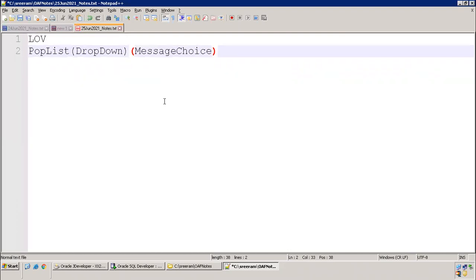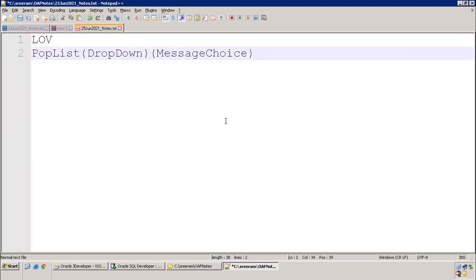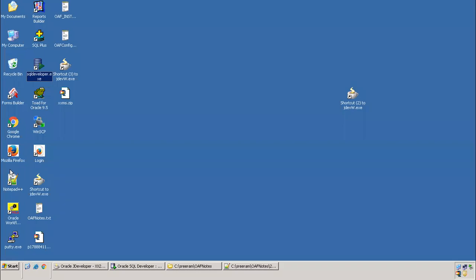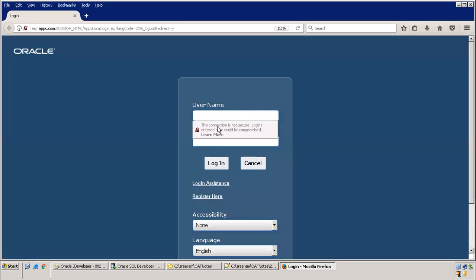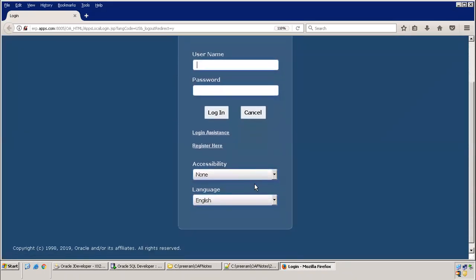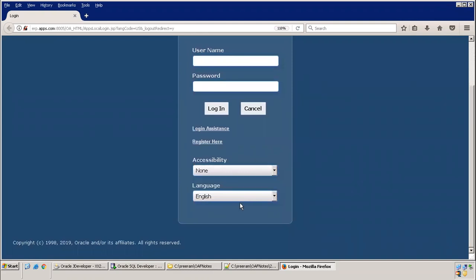Now if you observe, LOV and pop list are components, I mean, items which show a list of values, nothing but multiple values. Generally, any other component like text input, styled text, or hyperlink will hold a single value. But this LOV is holding multiple values. This is also an LOV, I mean drop down, sorry, both are drop downs holding multiple values. When you have a multiple set of values, obviously you require a data set.